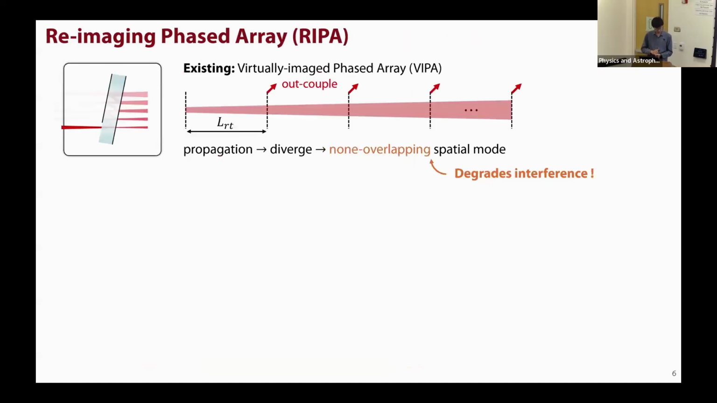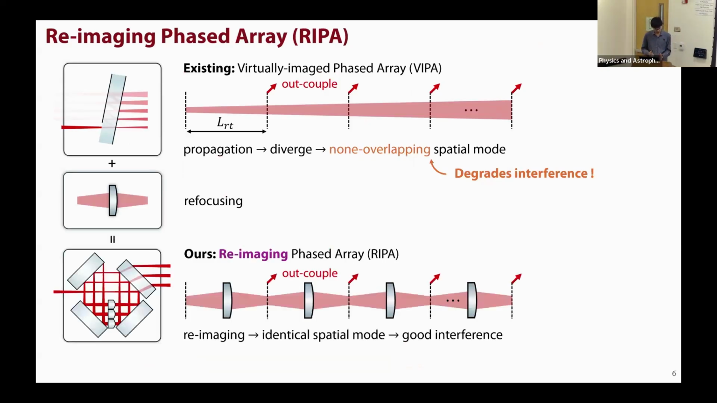The reason we cannot further extend the path length in VIPA is that the divergent incident beam gives non-overlapping spatial modes that would degrade the interference pattern. We noticed that a lens could refocus the beam. Therefore, the combination of the two results in a new optic, which we call the re-imaging phase array, or RIPA. Here, a single Gaussian beam enters and circulates within the RIPA structure, in which we have